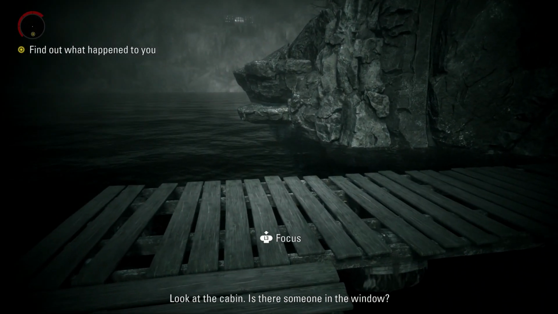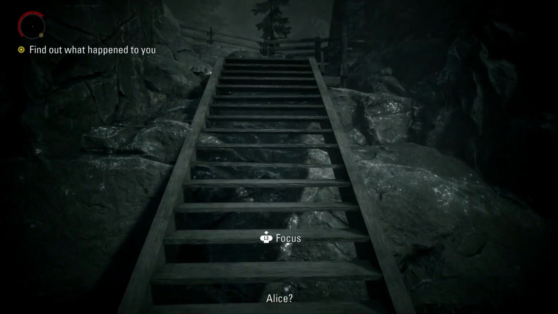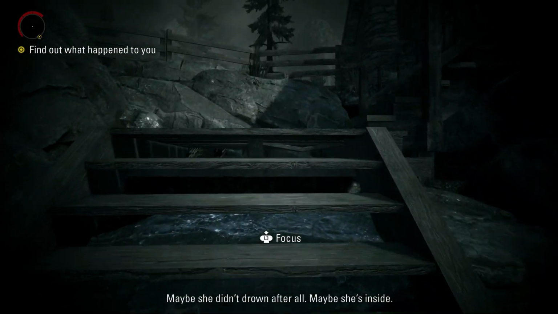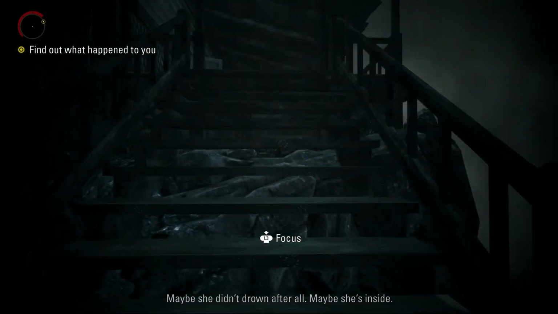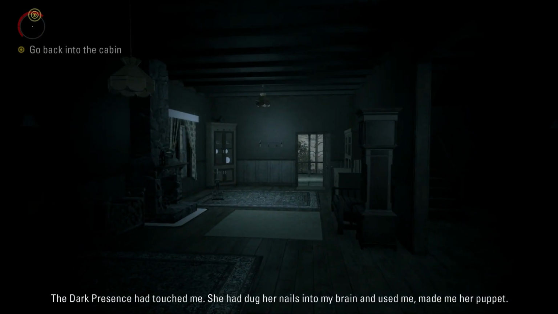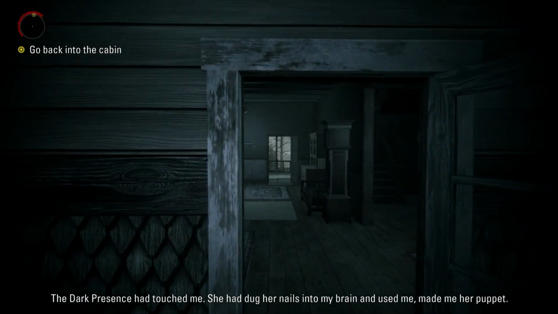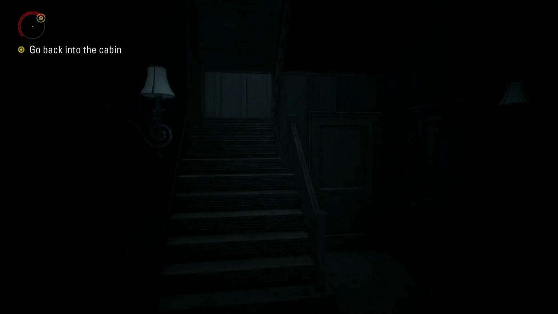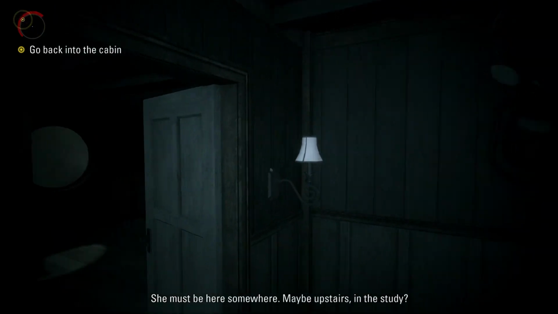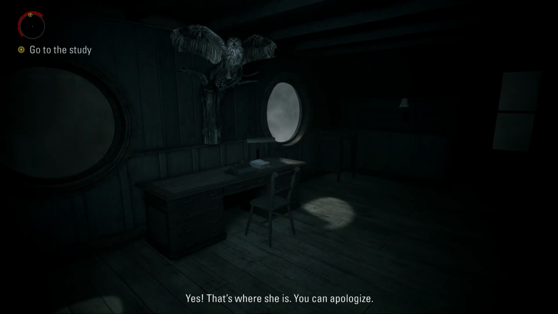Look at the cabin. Is there someone in the window? Alice? Maybe she didn't drown after all. Maybe she's inside. Alice! Yes. The dark presence had touched me. She had dug her nails into my brain and used me, made me her puppet. She must be here somewhere. Maybe upstairs in the study. Alice! Yes, that's where she is. You can apologize